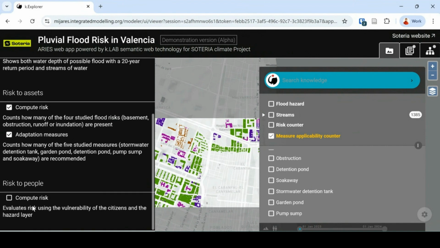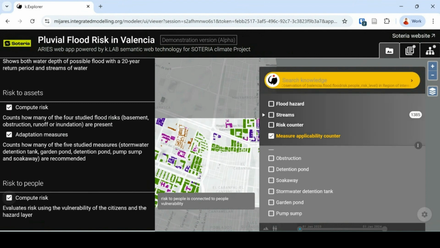And now let's continue to the last observation that we can make, which is the risk to people. Risk to people is a module that focuses on the pedestrian safety in public spaces that are flooded. So while it computes, we can